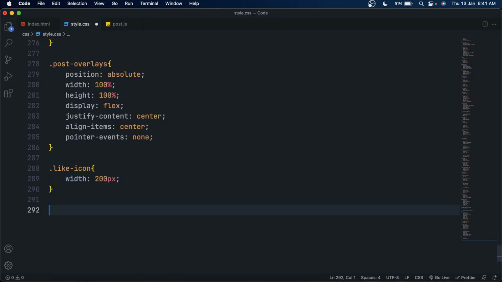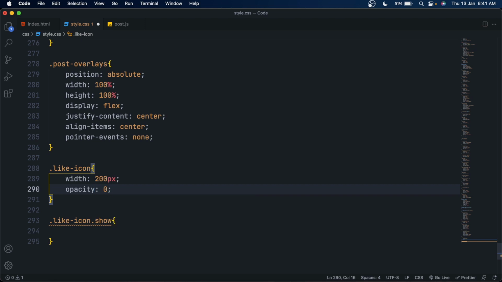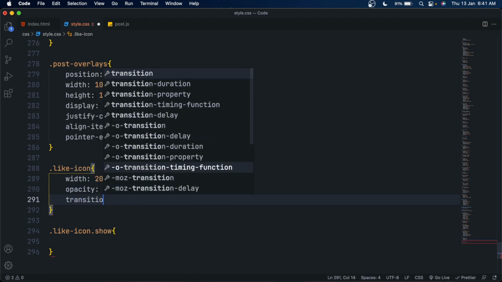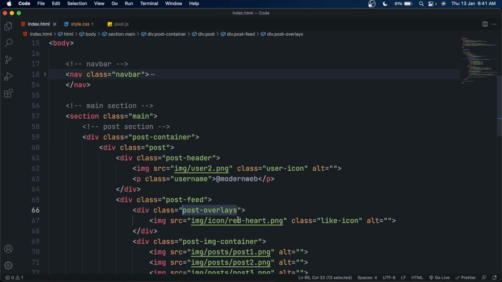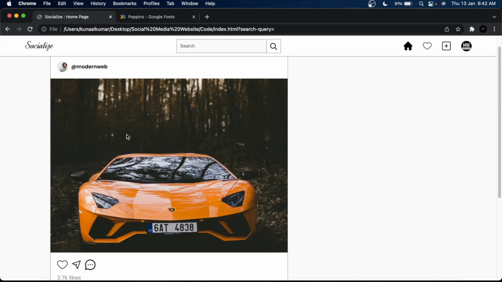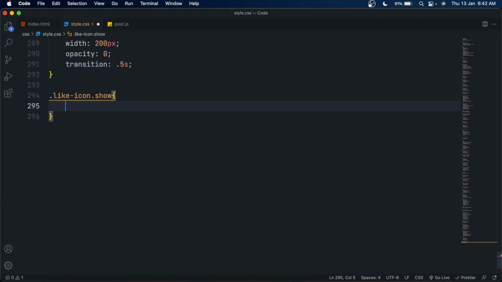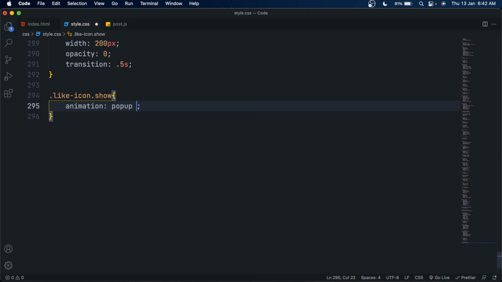Great. Now make a show class for the like icon and set its default opacity to 0 and transition to 0.5 seconds. But first of all, let's add the show class to the like icon so that we can be able to see it. Now for the show class, set its opacity back to 1 and set its animation to this because we're going to add an animation to it.